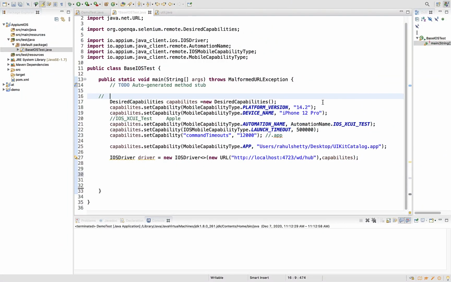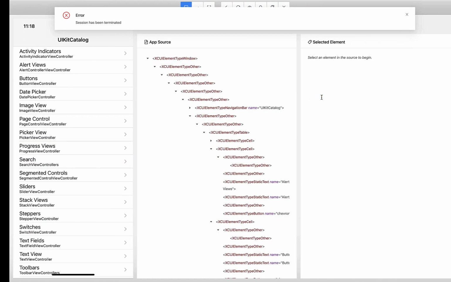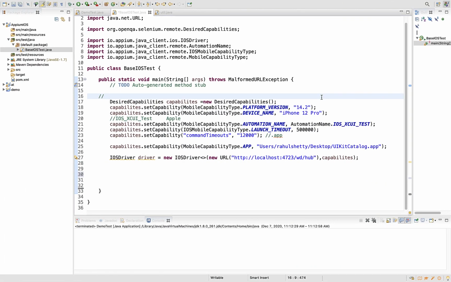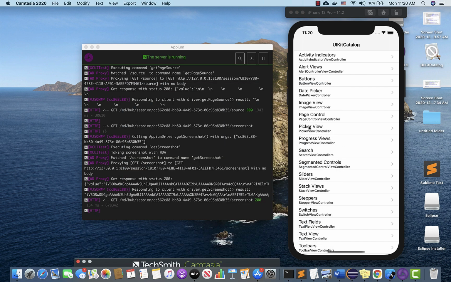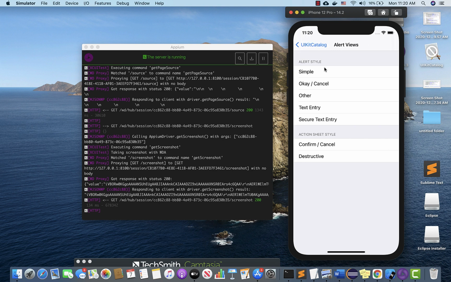Welcome back. So let's do some functional testing in this lecture. So we had made sure that the app was successfully launched from your Appium script. And the next step, what you have to do here is, let's say you want to click on this alert views. Okay.